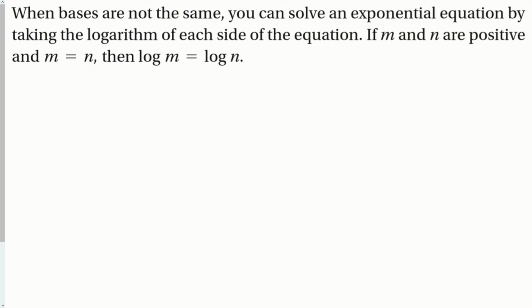Okay? Now, what happens if the bases are not the same? Because they're not always going to be the same. You can solve an exponential equation by taking the logarithm of each side. So if m and n are positive, right, and m is equal to n, then the log of m is equal to the log of n. Okay, so it doesn't matter what these two things are, as long as you take the same base logarithm, in this case you don't see it, it's a base 10, as long as you take the same base logarithm of each side,